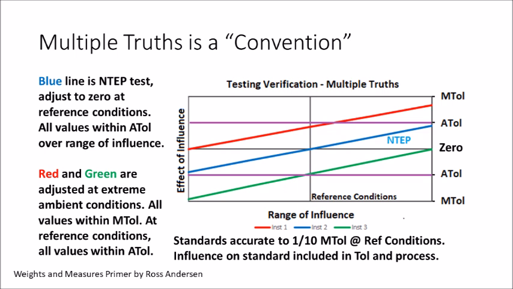We require that all values be within acceptance tolerance over the range of the influence. The red and green are adjusted at extreme ambient conditions in field tests. Notice that all of the values now fall within maintenance tolerance. But if we were to bring these instruments back to reference conditions, all of the values would be within acceptance tolerance. These two differences that I've spoken about are not the only differences between testing and verification,